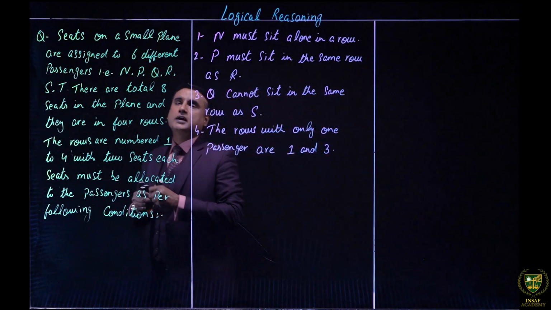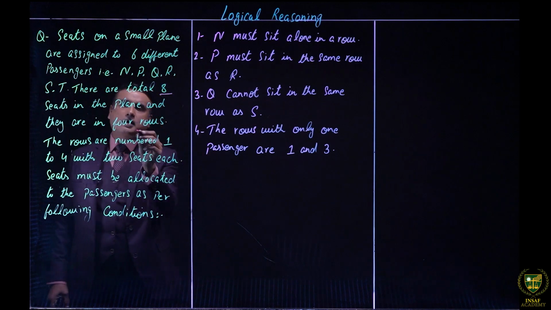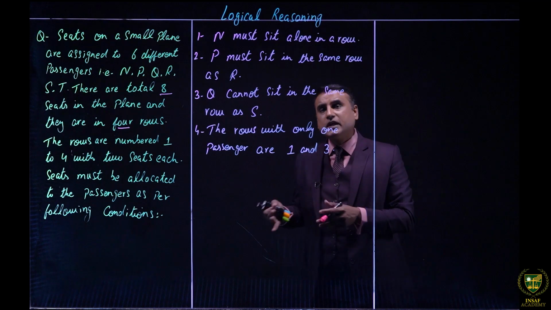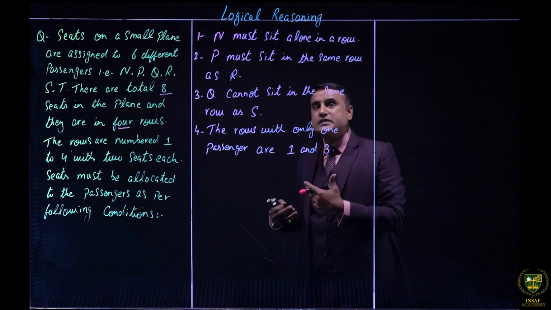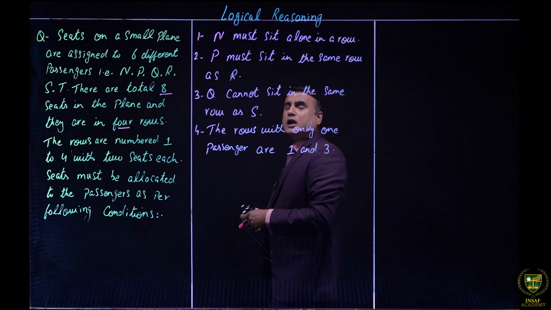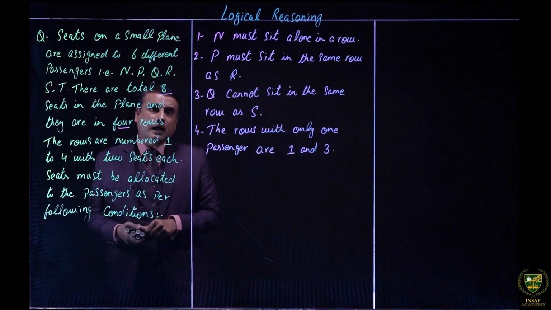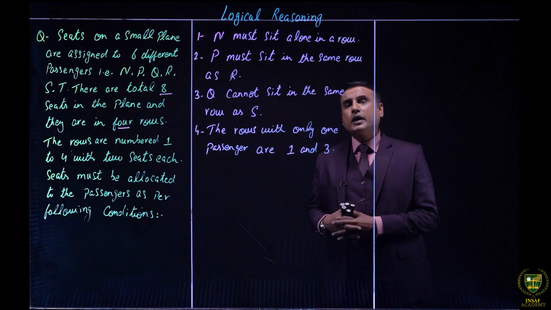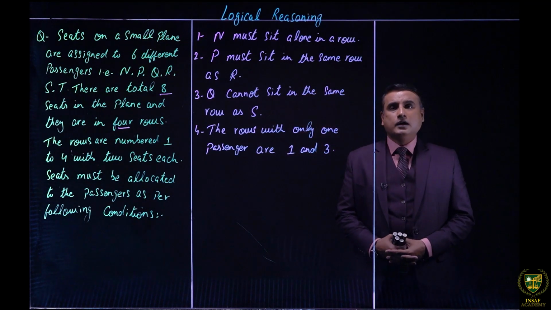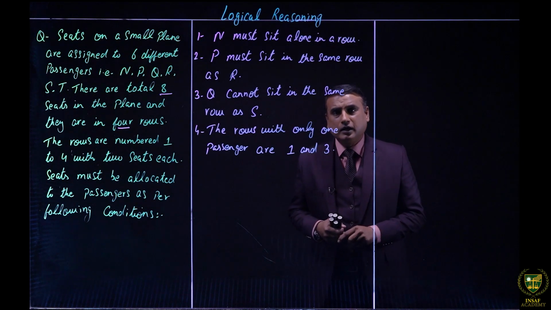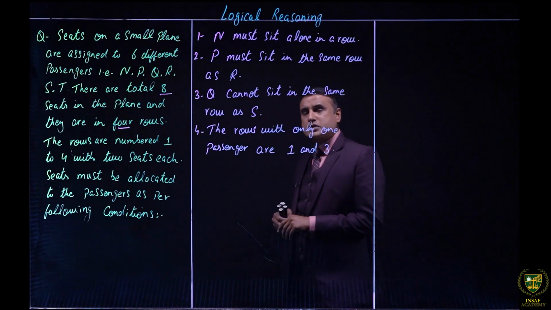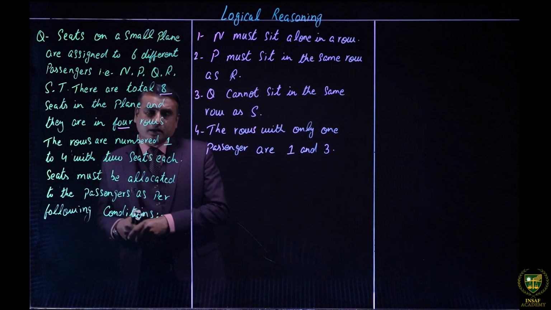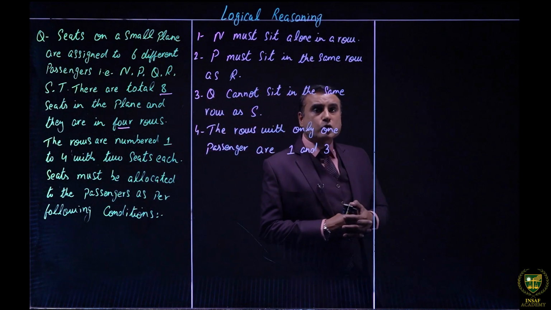a total of 8 seats and they are arranged in 4 different rows. And we do not have the 8 passengers, we have actually 6 passengers. अब यहाँ पर हमें क्या करना होगा, थोड़ी grouping करनी होगी. And that is why I have chosen this question for you, because it will give you a different experience, it will give you a different sort of a challenge as compared to the previous 2 scenarios we discussed in the last lecture. So, अब हमें करना क्या है, that the passengers are 6 but the rows are 8,